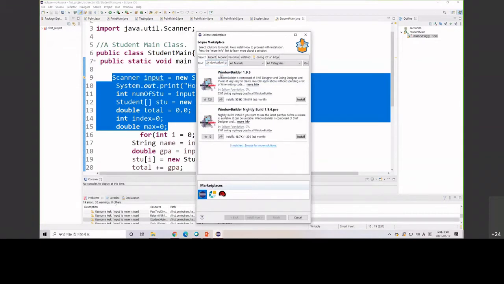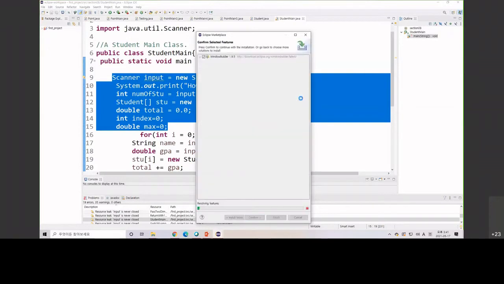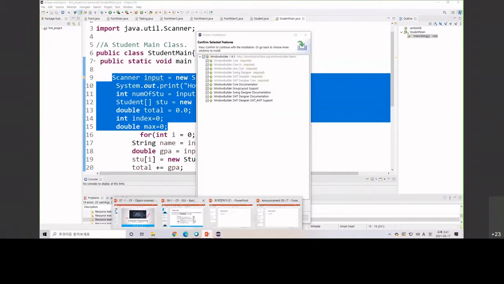Okay, so you can see the Window Builder 1.9.5. You can also use this 1.9.6, but I guess this is the best one until now. So let's install it. Okay, click the install. If you see this one, click the install,